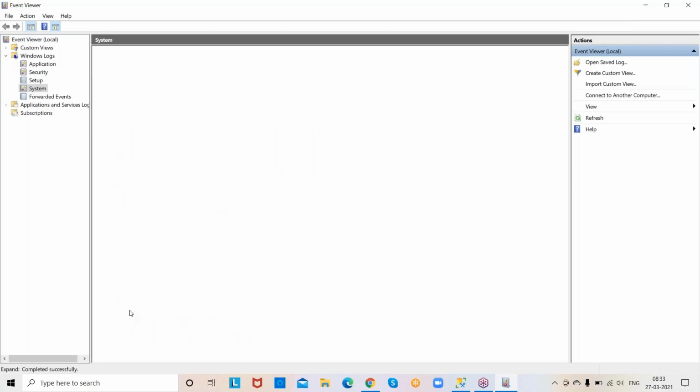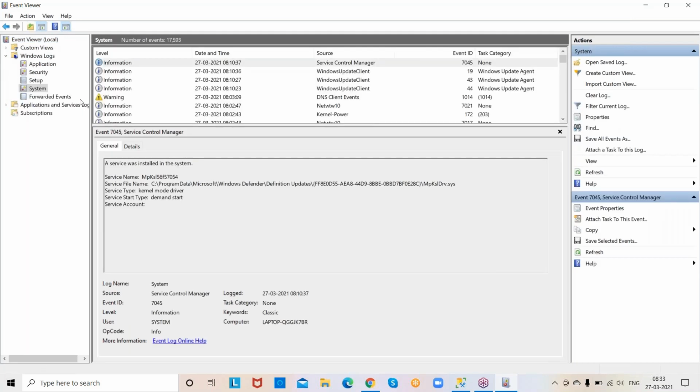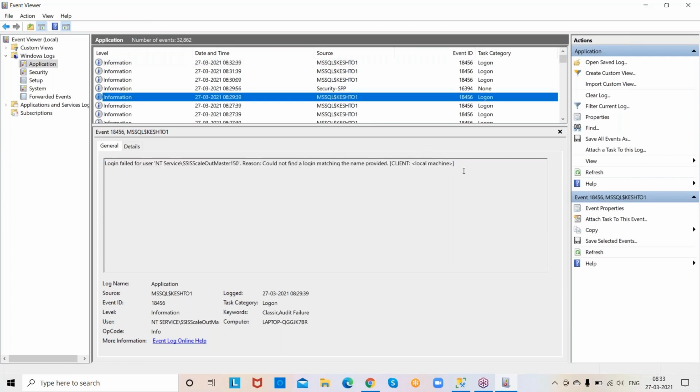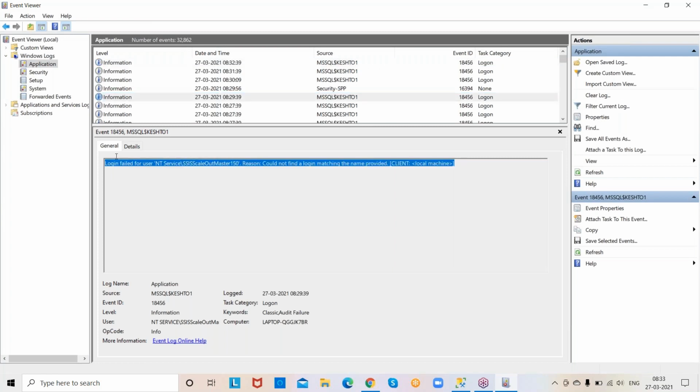Go to Application on the left side here. Suppose you click on this event, this is the information. See what is that: login failed for some user. It is clearly showing.